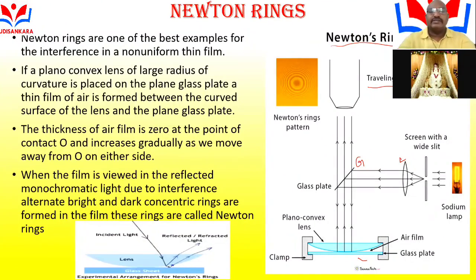Newton rings experiment is the best example for interference in non-uniform thin film. So here is a plano-convex lens of large radius of curvature. If a plano-convex lens of large radius of curvature is placed on a plain glass plate P,